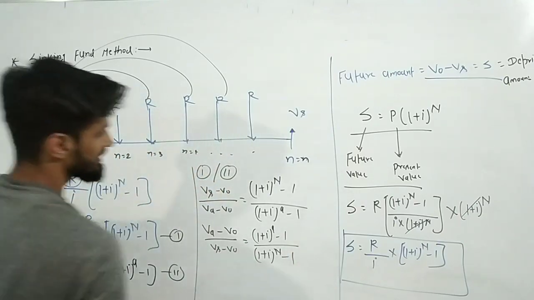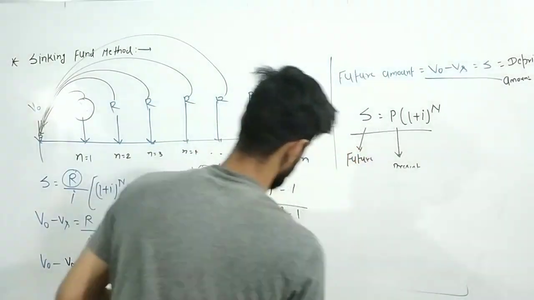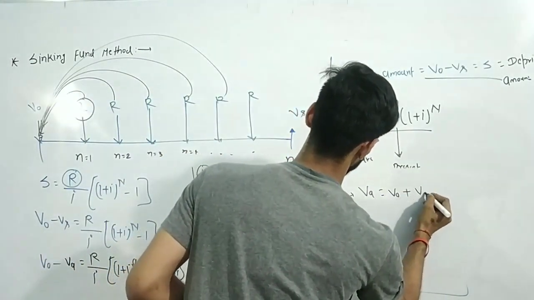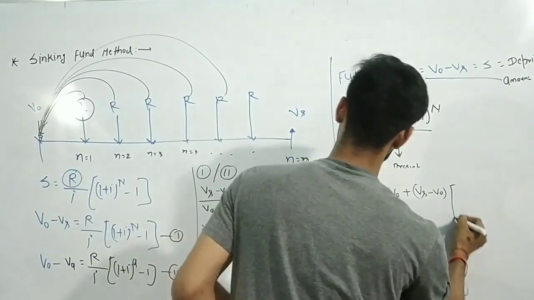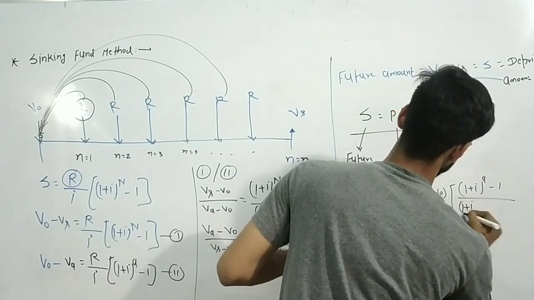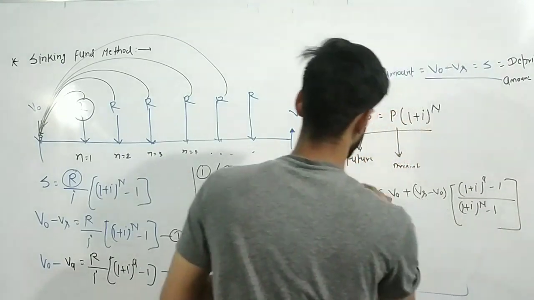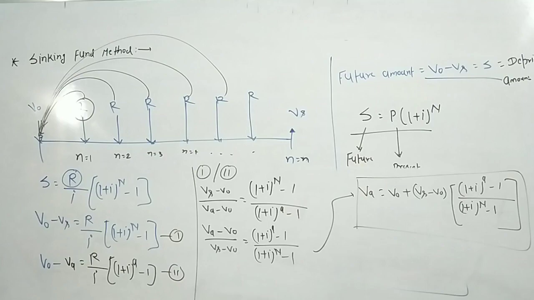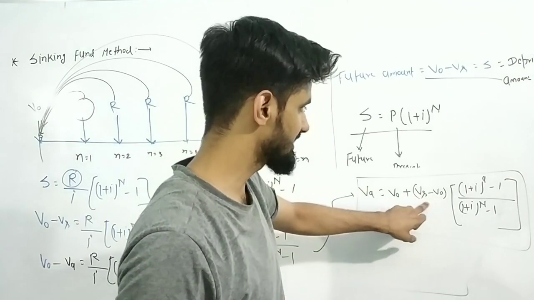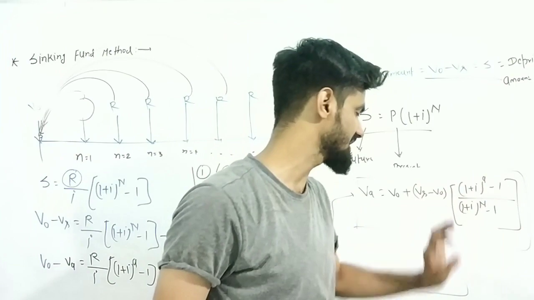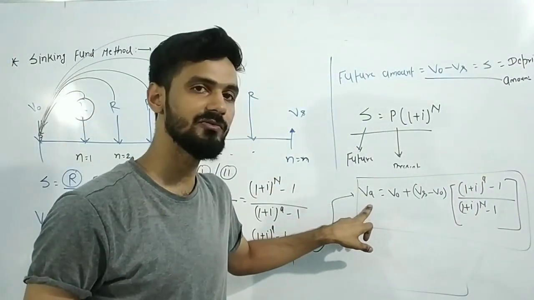Okay. So if you write this equation further, then you will get the value of Va. Va is equal to V0 plus (Vs minus V0) into ((1 plus i) whole to the power a minus 1) upon ((1 plus i) whole to the power n minus 1). So this is the value in a particular year, or Va is the book value of the assets in a particular year, and you will get it from this formula. Vs is the salvage value, V0 is the original amount, a is the particular year, and n is the service life of the assets.